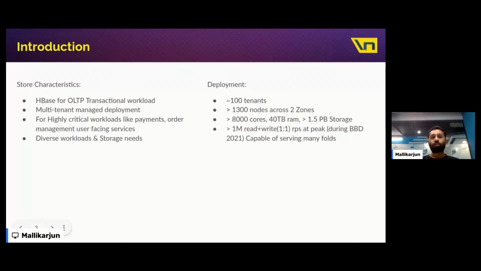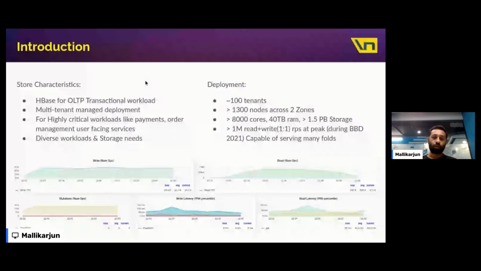Right. So to give perspective about what we do, we primarily use HBase for OLTP based transactional workloads, and some of the very highly critical workloads at Flipkart like payments, order management systems, some user facing services, sessions, games. So several of them run as tenants on these HBase clusters, and they have diverse workloads and storage needs. And about the scale, you can see that we have around 100 tenants, and we are running on around 8,000 plus virtual cores. And during last Big Billion Days,